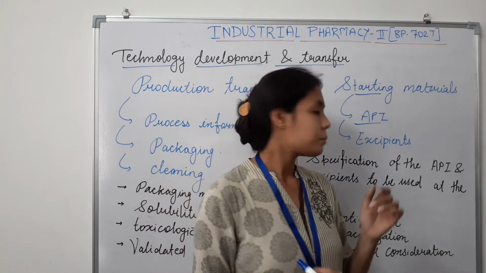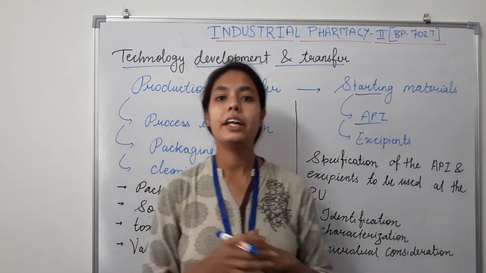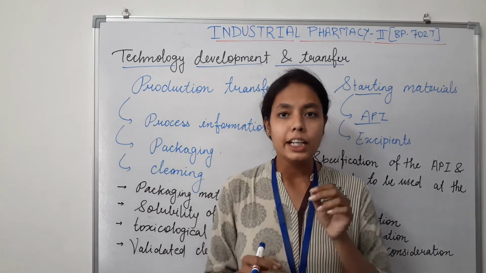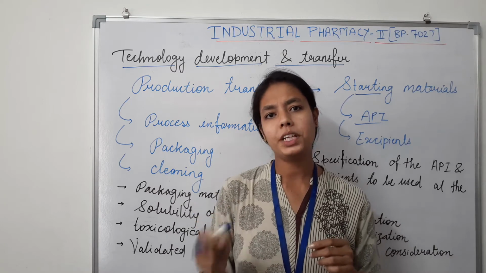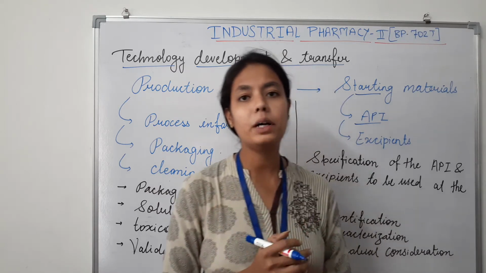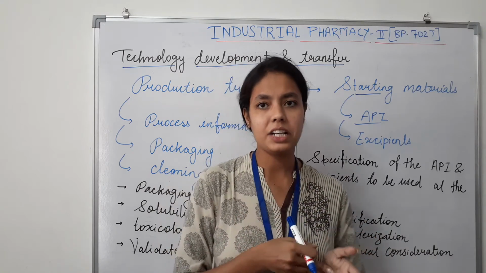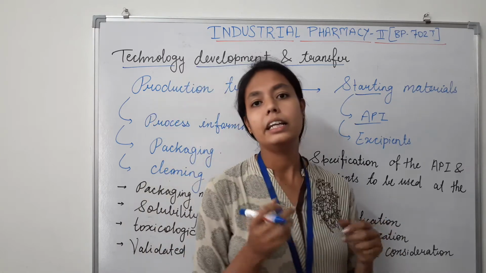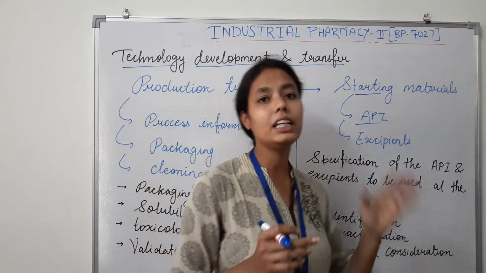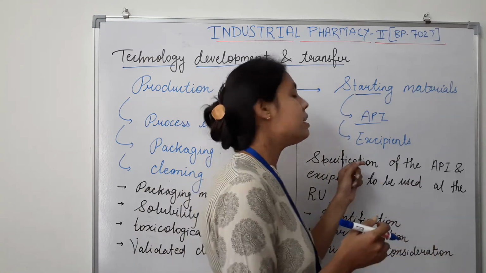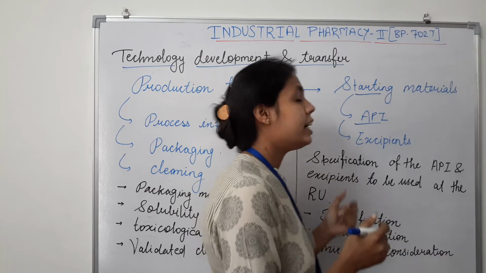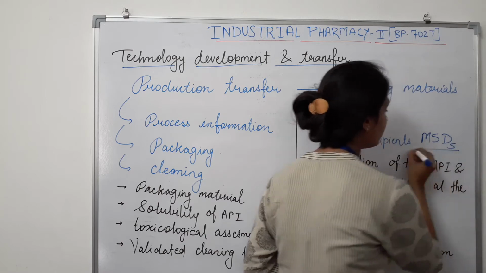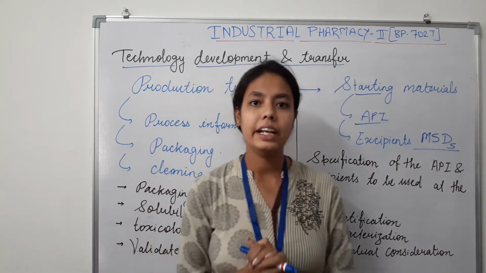After that, various special considerations with the implications for the storage and handling, including but not limited to safety and environmental factors, for example as specified in the material safety data sheet, and sensitivity to heat, light, moisture or solubility. That means all the factors which will affect the quality of the excipient should be specified in the material safety data sheet, that is also called MSDS. MSDS is also called material safety data sheet.